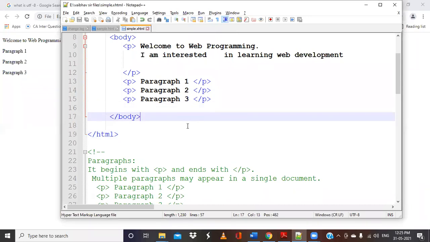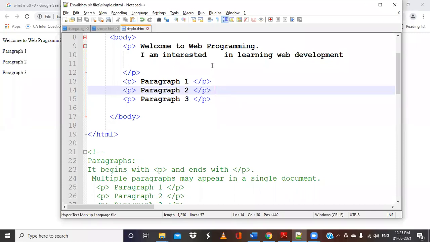Now we'll take up the next set of things. What if I want to have white spaces, or what if I want to have a line break? Suppose I've written this particular information, I'm interested in learning web development, and after the word interested, I want to go to the next line. For that we have another tag that we call the BR tag.